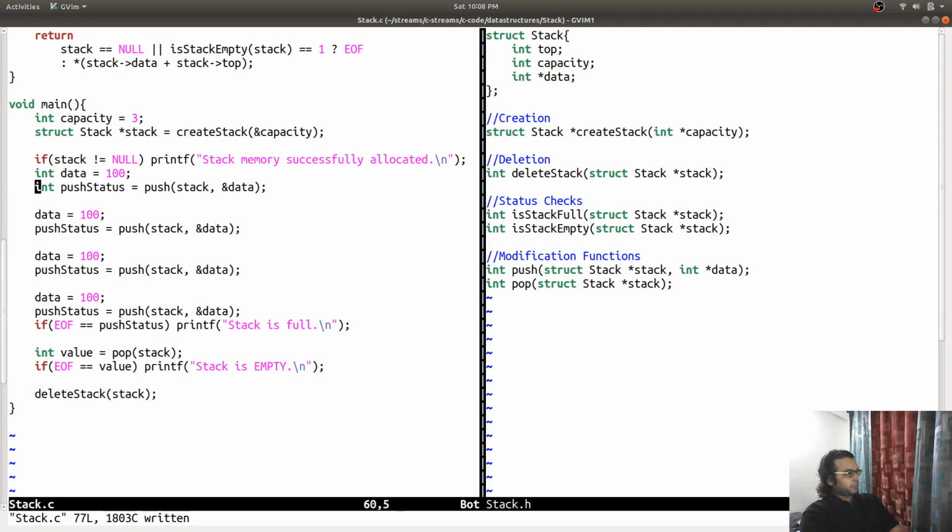So data is pushed once, twice, thrice, so this should give me that the stack is full. So I'm going to modify this 100 into 101, 103, stack is push status, and I'm going to run it.